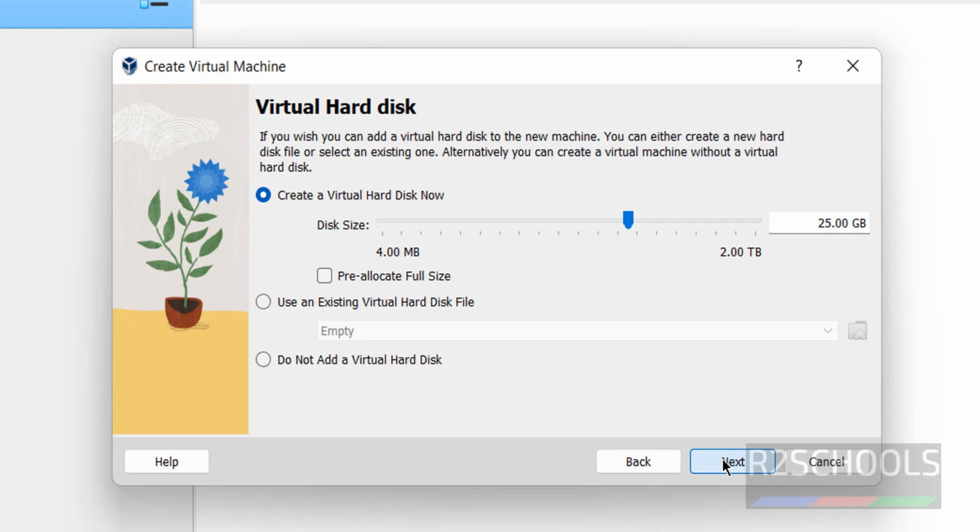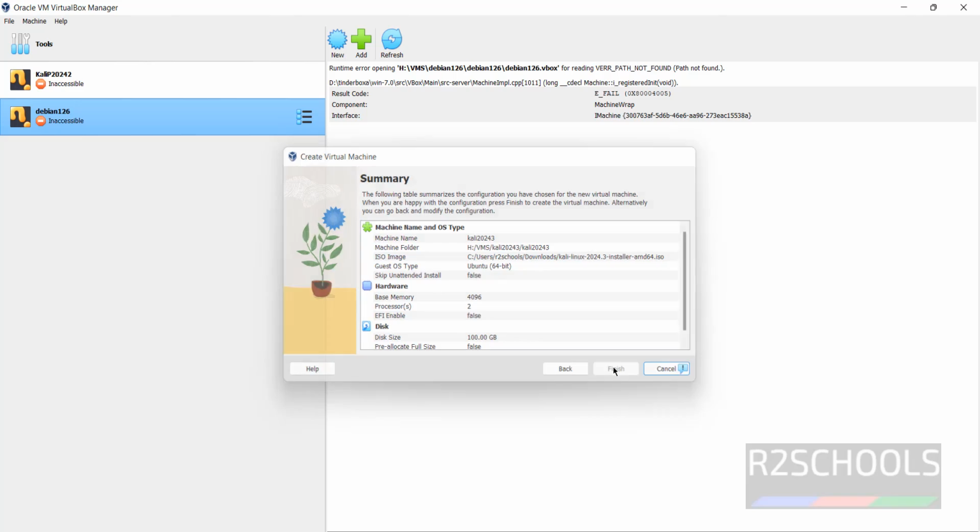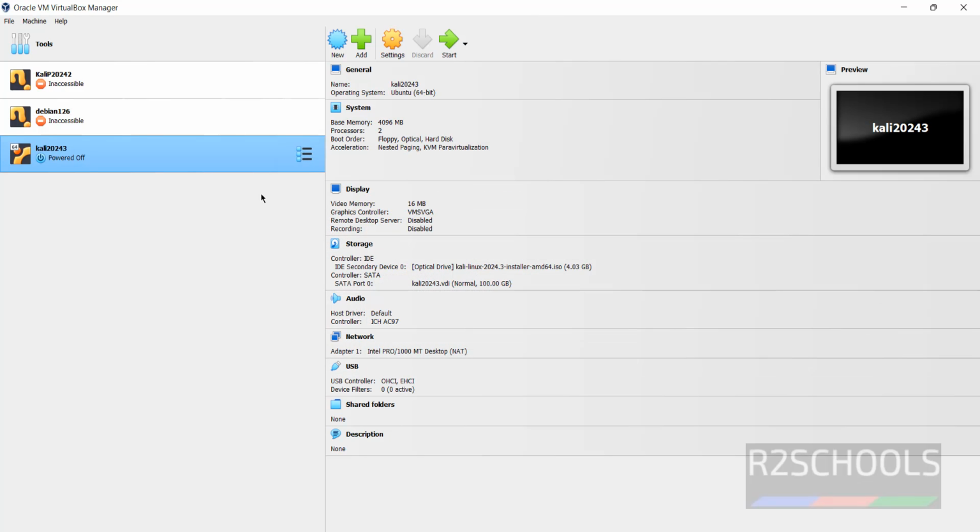Then click on Next. See, this is the virtual hard disk size. I am giving 100 gigabytes. It is also up to you based on availability. Then click on Next. See, this is the summary of the virtual machine. Click on Finish. Still, if you want to modify the settings, just select this virtual machine from this menu, then